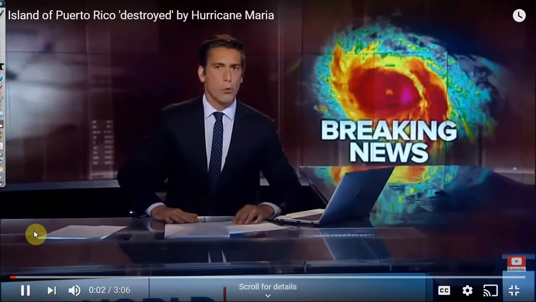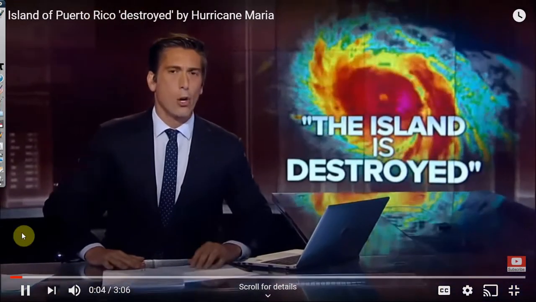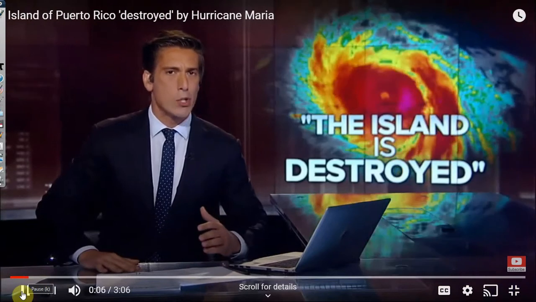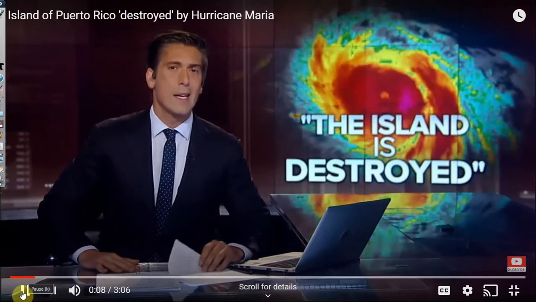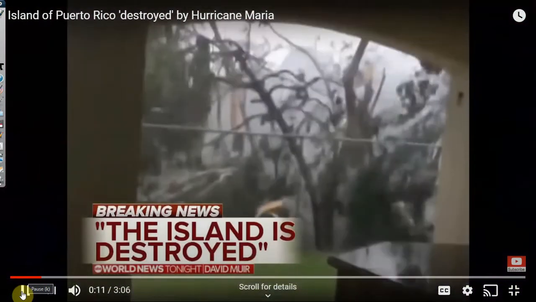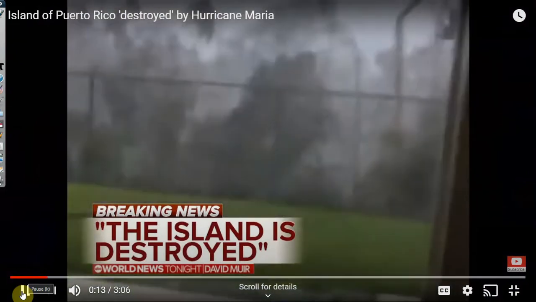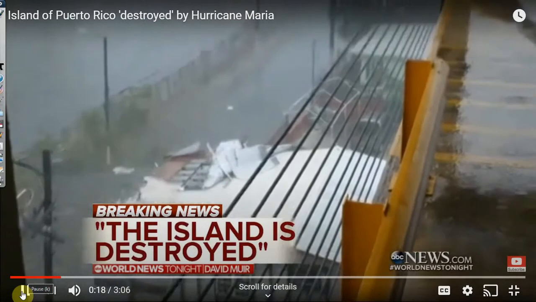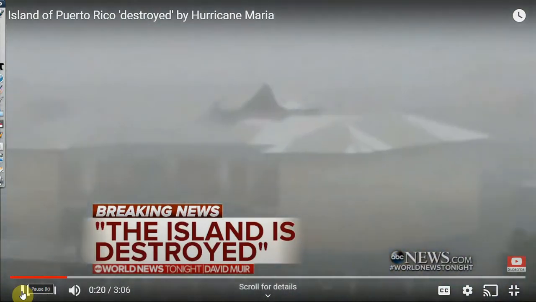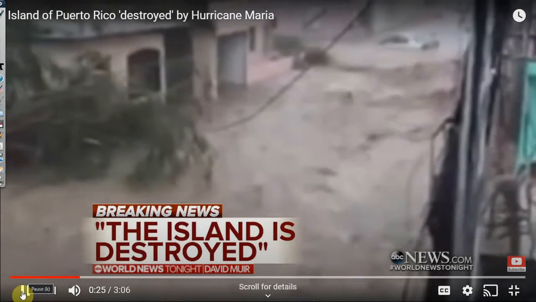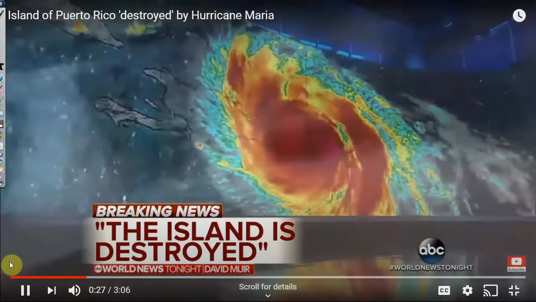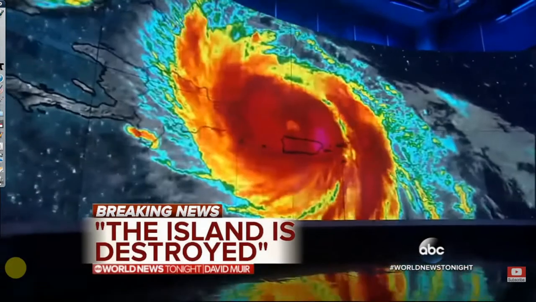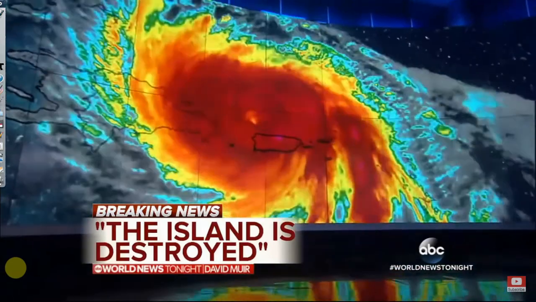Coming in from Puerto Rico after taking a direct hit. Hurricane Maria slamming into the island, and as you heard, one official saying the island is destroyed. Maria is the first Category 4 to hit there in nearly a century. 150-mile-an-hour winds ripping buildings apart, knocking out power everywhere. All of the electricity is out tonight. People ordered to stay inside until at least tomorrow amid fears of more massive flooding to come. And the satellite image tonight showing Maria's massive size, dwarfing the island, no part of it was spared. ABC's Victor Oquendo leading us off from San Juan tonight.